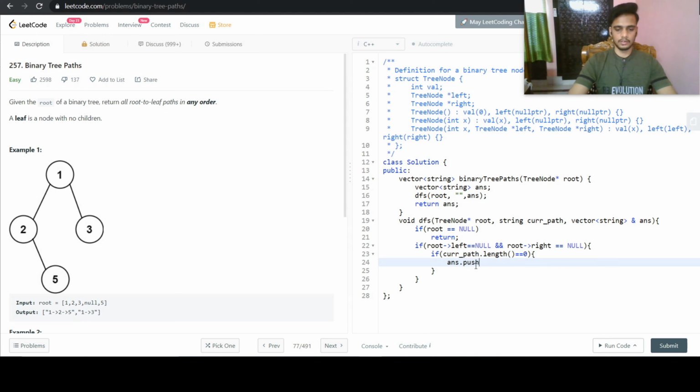So answer dot push back current path plus, let us convert it into string. So to string value.